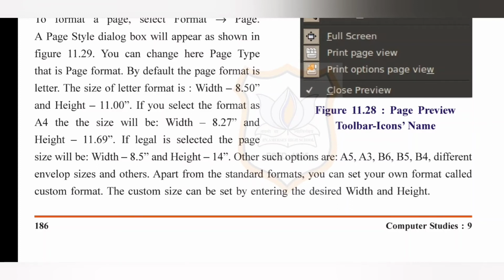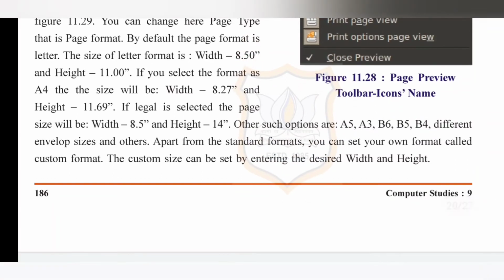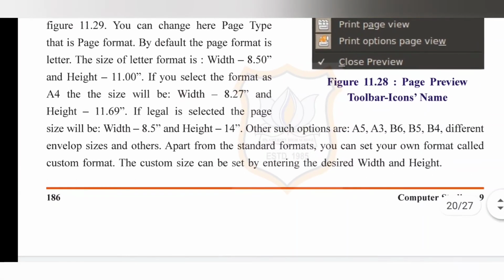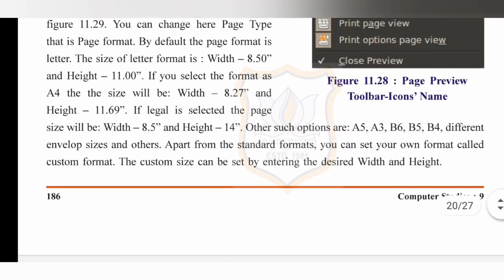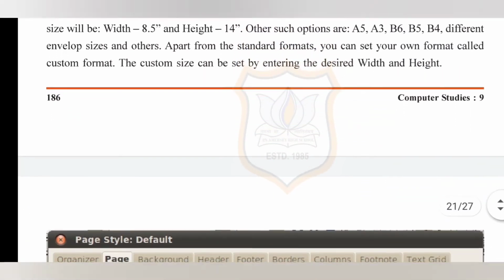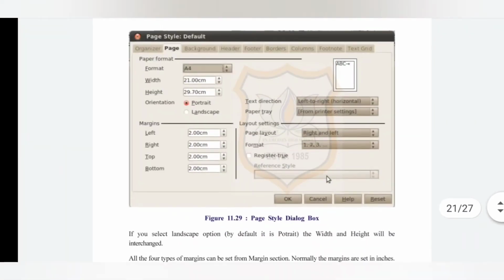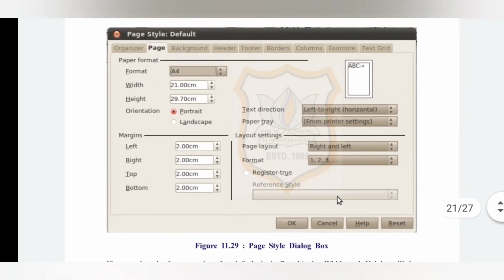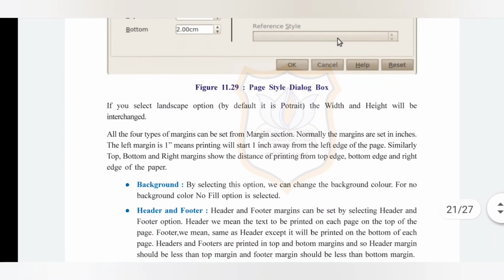Other such options are A5, A3, B6, B5, B4, different envelope sizes and others. Apart from the standard formats, you can set your own format, called custom format. The custom size can be set by entering the desired width and height. Here you can enter your desired width and height.